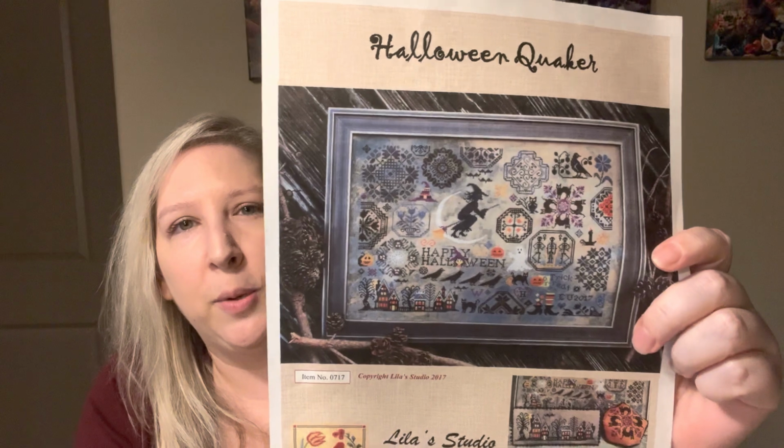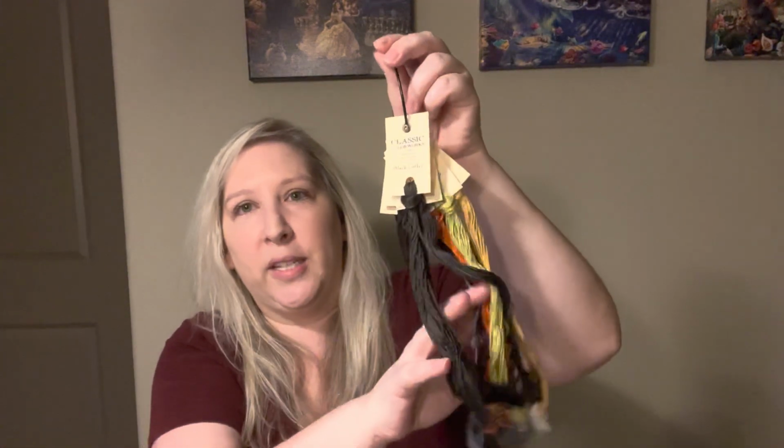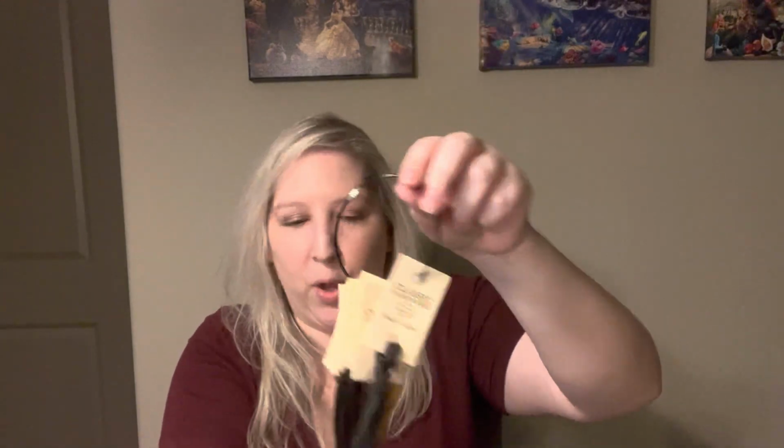But my Halloween Quaker, here is what it will look like when it's finished. So beautiful. I'm sure everybody's seen this before. It makes the rounds on Flosstube quite frequently from Lila Studio. I'm using all the called for Classic Colorworks, and then instead of 310, I'm using a Sulky, which I did buy the one that was not the correct weight. So I'm doubling it up, which is not the end of the world. It means I can do a loop start. I'm doing this on 40 count Vertal in the color Tsunami by